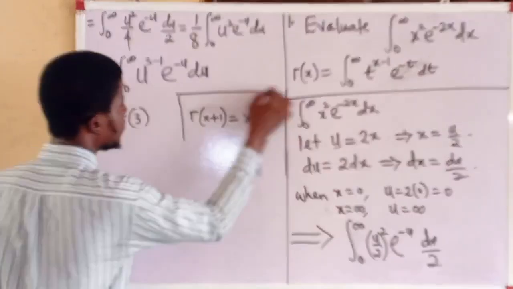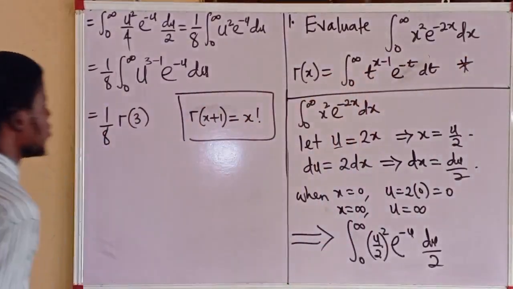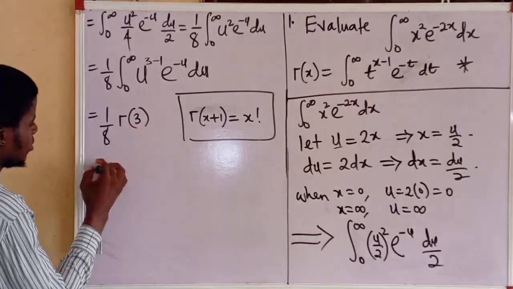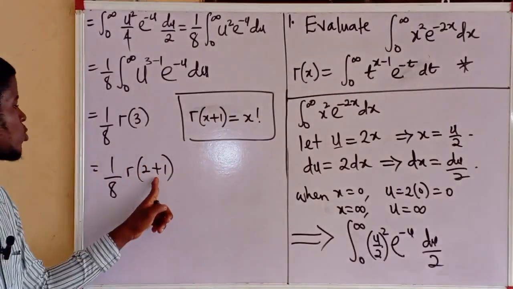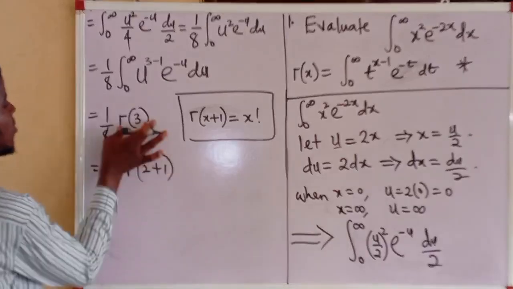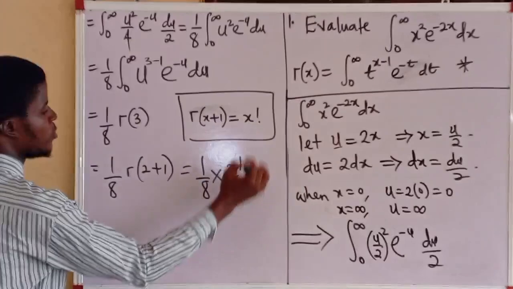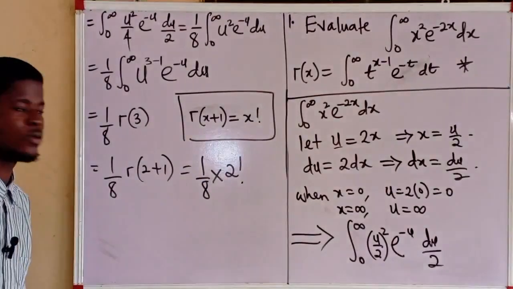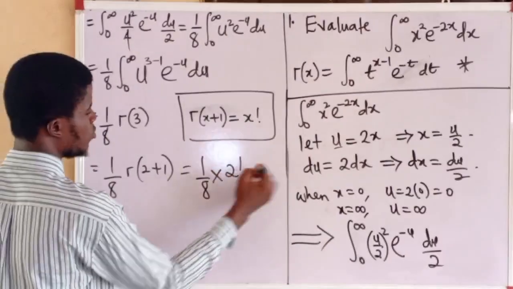This must be noted. Just the same way this must be noted, this very relation. So gamma of 3 is gamma of 2 plus 1. 2 plus 1 is equal to 3. So gamma of 2 plus 1, which is gamma 3, is the same thing as saying 2 factorial. What is 2 factorial? 2 factorial is 2, which is the same thing as saying 1 times 2 all over